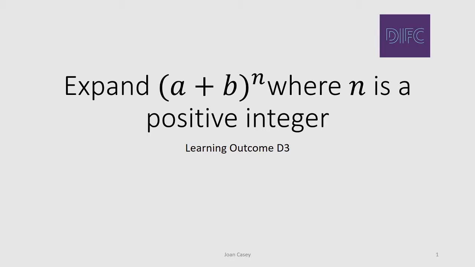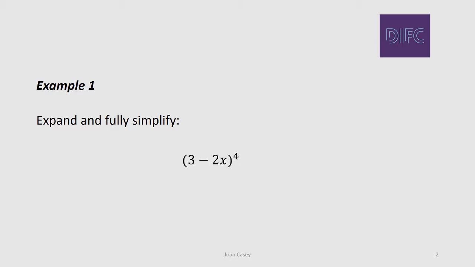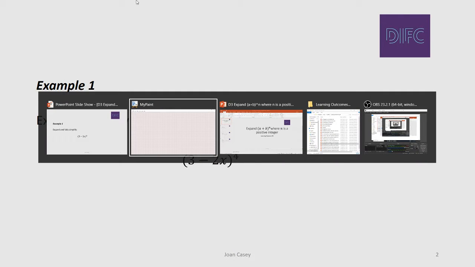In this video, we're going to look at expanding (a + b) to the power of n, where n is a positive integer. First example we'll take a look at is expand and fully simplify (3 - 2x) raised to the power of 4. So we have (3 - 2x) raised to the power of 4. And using the formula this time, it's going to be 3 to the power of 4